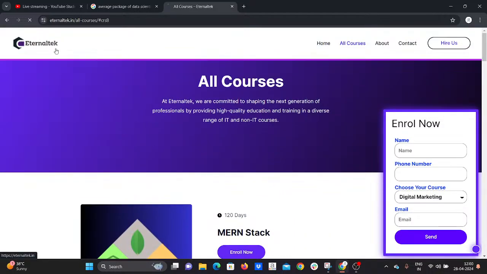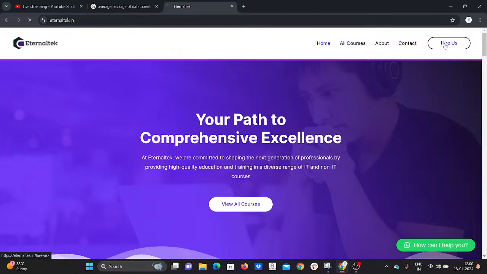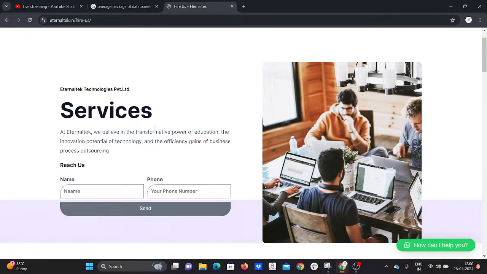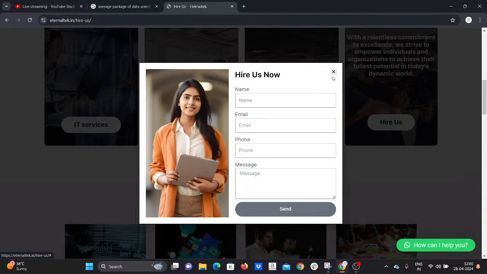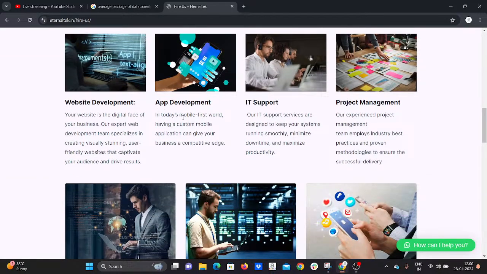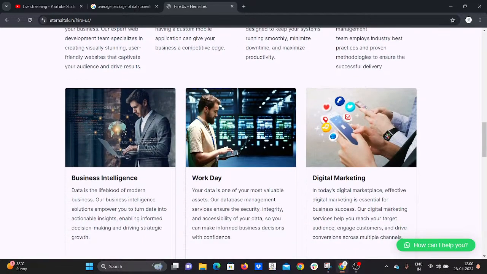And we have one more thing: we are working as a software company, not only edtech. We are providing different types of services, web development, website development, and app development. The internships which we told you about previously are completely real-time internships. We have a lot of projects like web development projects, app development projects, Workday projects, digital marketing projects.